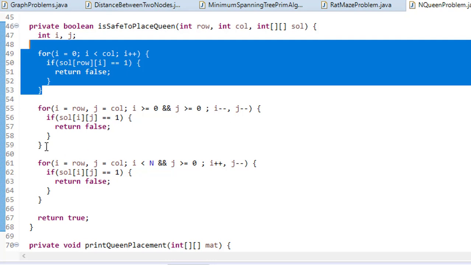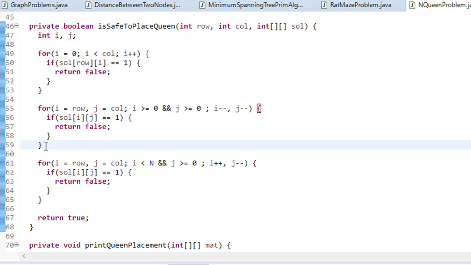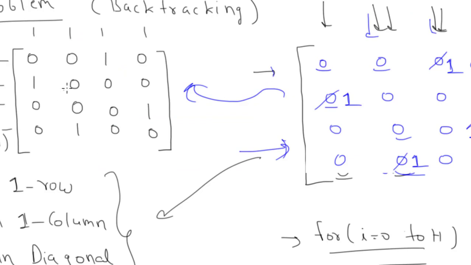Now here we have the second condition. Now we are checking diagonal wise. What it does, if you see this case, is decrementing. So here I am decrementing i by 1 and j by 1. It means what is happening, you see from here, that if I am at this one here, then I am checking this side. So how can it check?